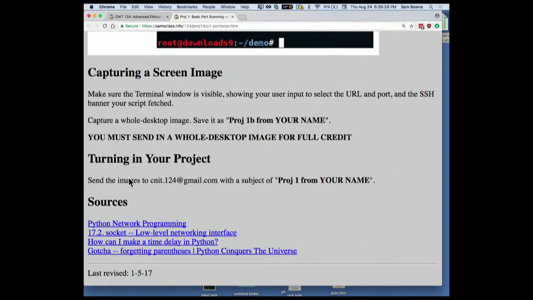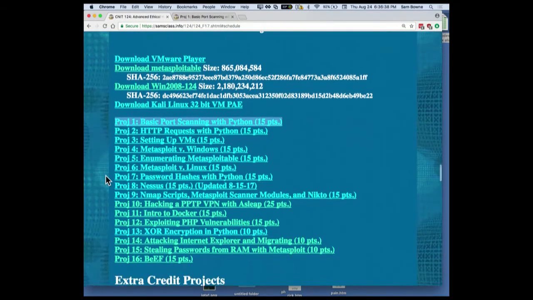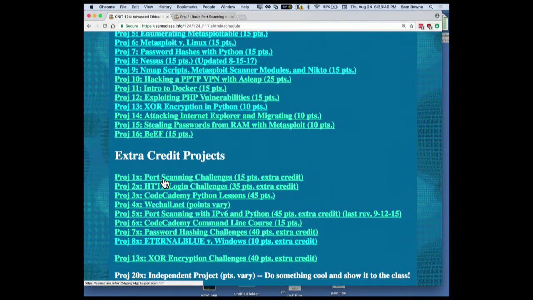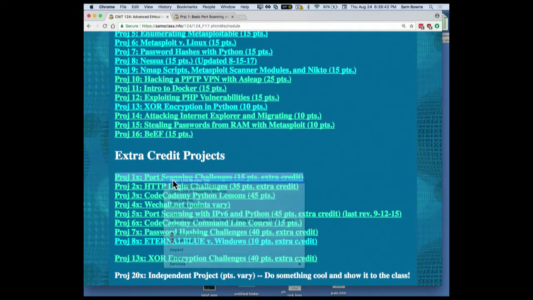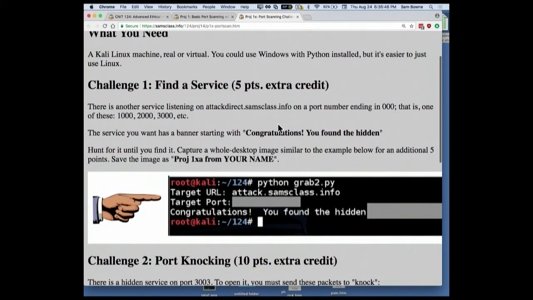Now there's a pattern here, which I learned from Vivek Ranachandran, who is a very famous online teacher, which I found to be very helpful. I give you a simple project where I tell you exactly what to do, and then you have a challenge. I move the challenge down here to the extra credits. And so you'll find another service on my server with a port number ending in 1000. So try them. You could just try them one by one, or if you're fancy, you could make a loop. And